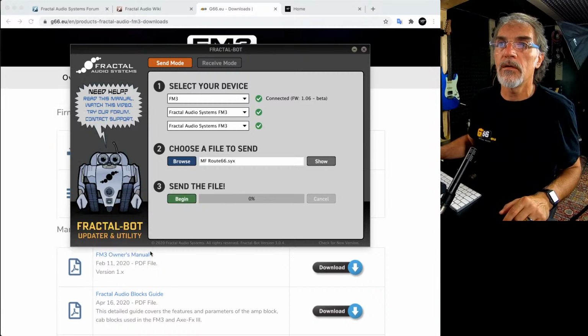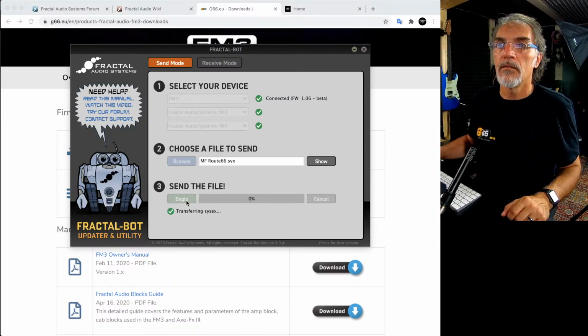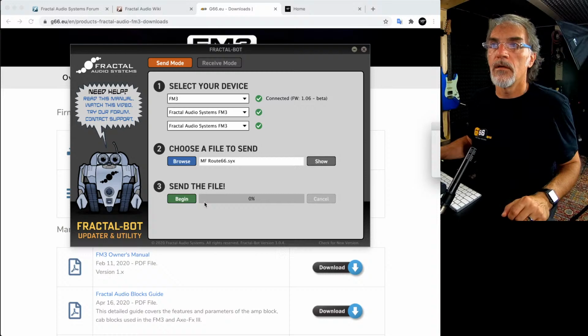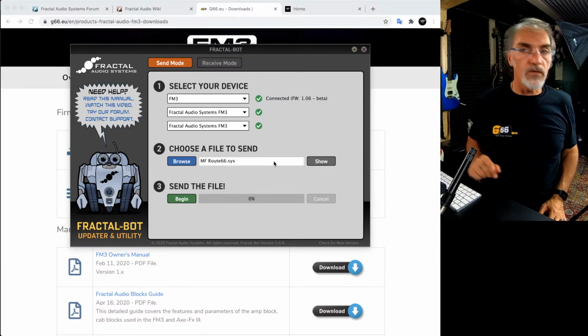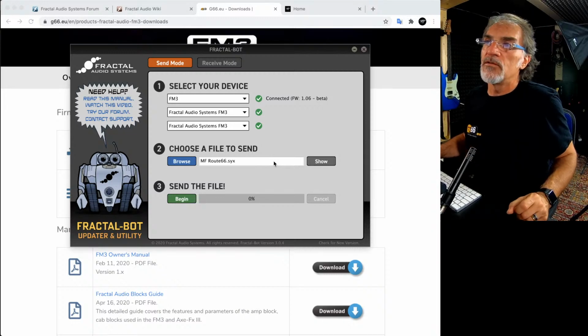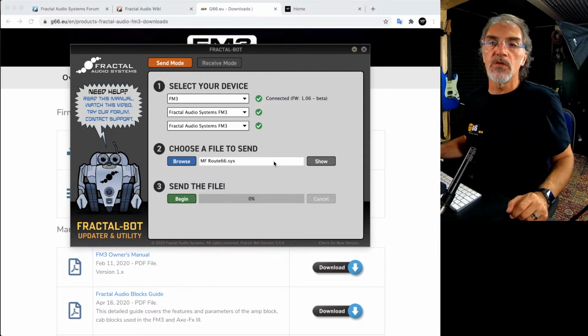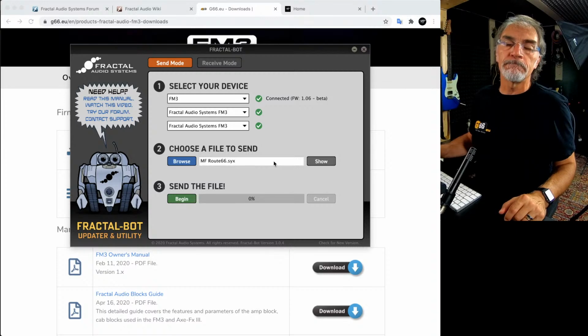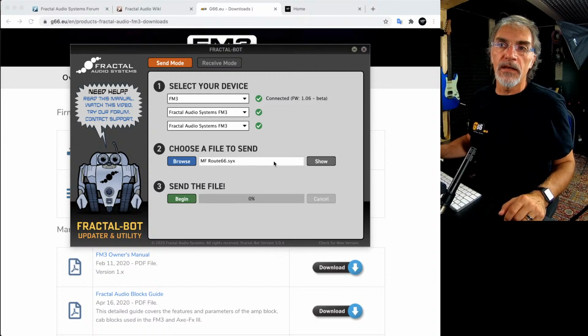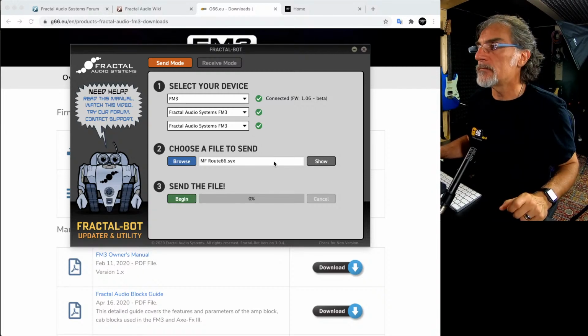Okay, open, and I can install the preset on the machine. But to do this, I usually suggest you make the installation of the preset with the editor. So we will see that later on.